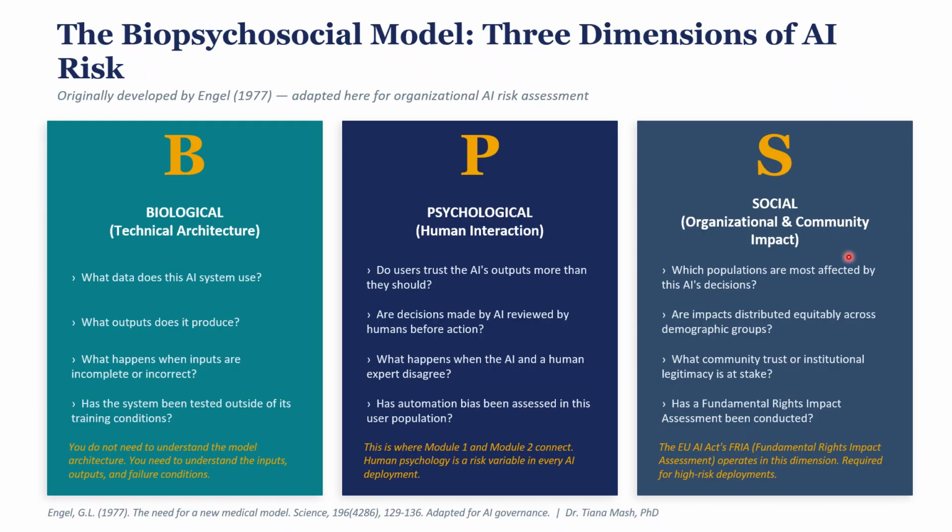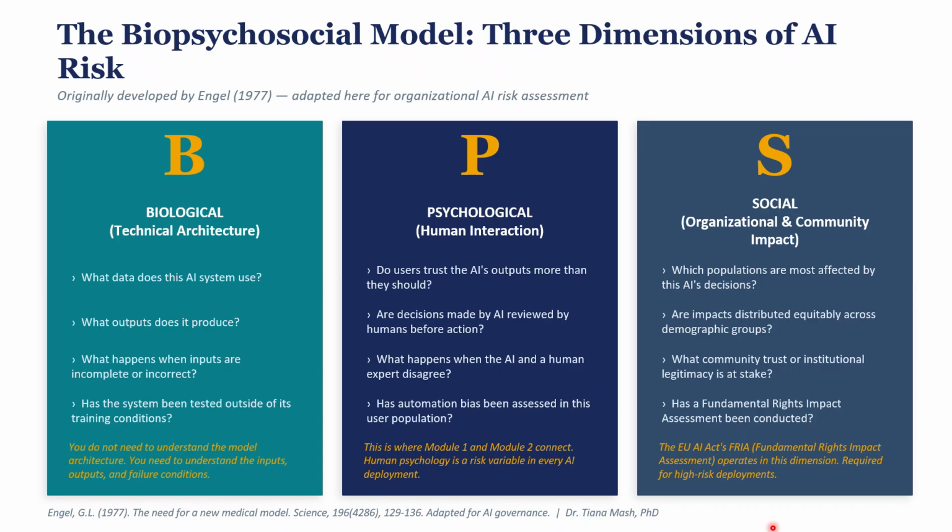And the last question is the social, organization, and community impact. This is far more important right now in our organizations, being so diverse, with so many different languages, especially in Canada, but specifically in Ontario. The social dimension is the community and organizational impact.